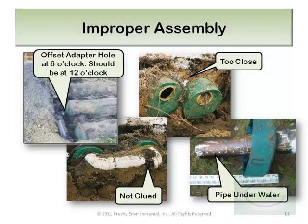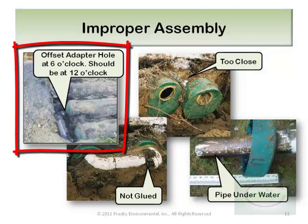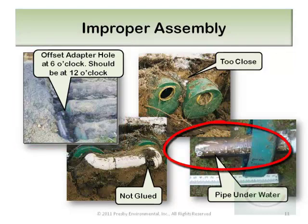Enviroseptic systems have very few components to install, and many of the assembly problems we see, again, result from inexperience. In the upper left, you'll see a field where the offset adapters were placed in the 6 o'clock position. First, that doesn't allow for the full use of the pipe's liquid capacity, but more importantly, it doesn't allow for any airflow through the field because the raised connections were full of water, which effectively created water traps between each